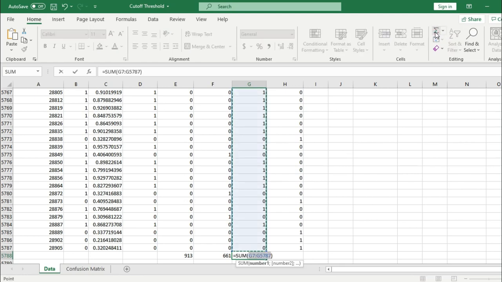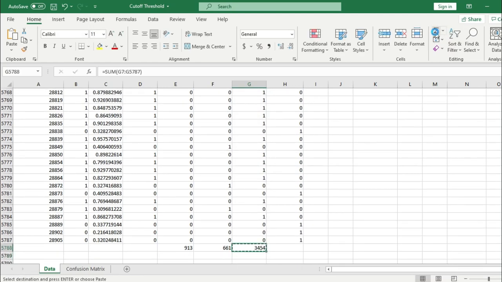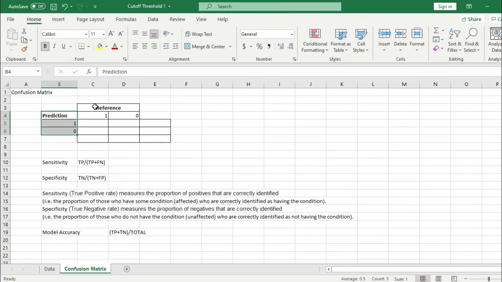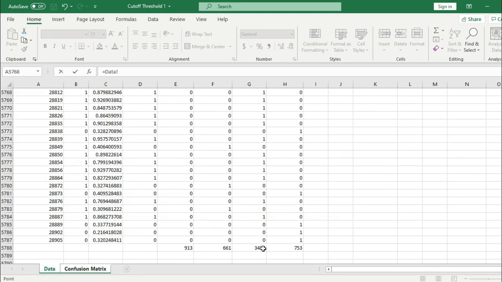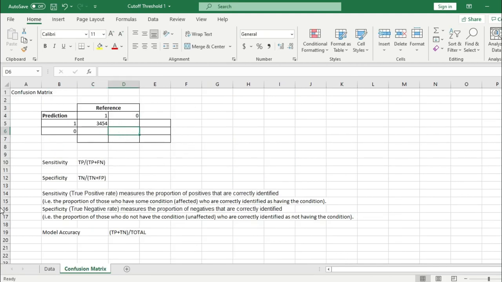And we can add all the values from this one, and copy and paste this, and the reference ones, and we are going to fill this template. So let's start with the true positive. So the predicted one, the reference one, the real value one, that would be this one, 3454. Now let's fill the true negatives. That would be this